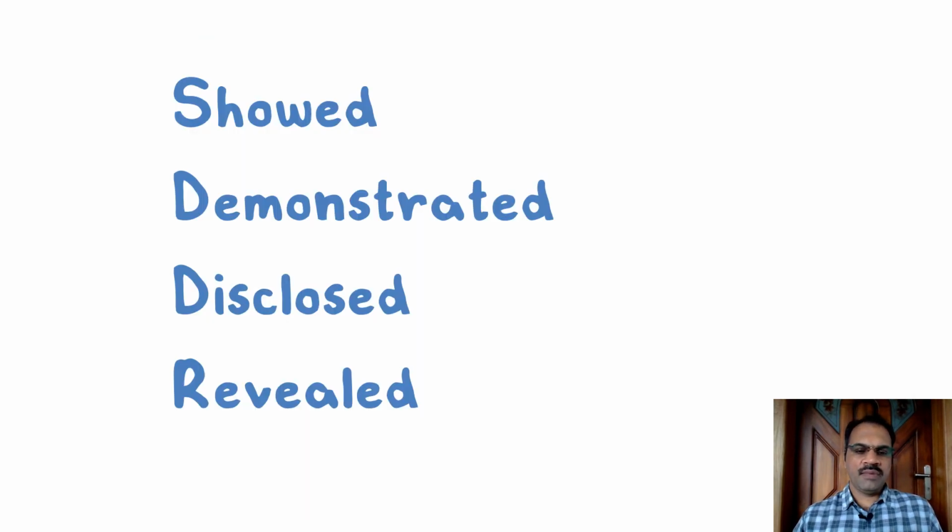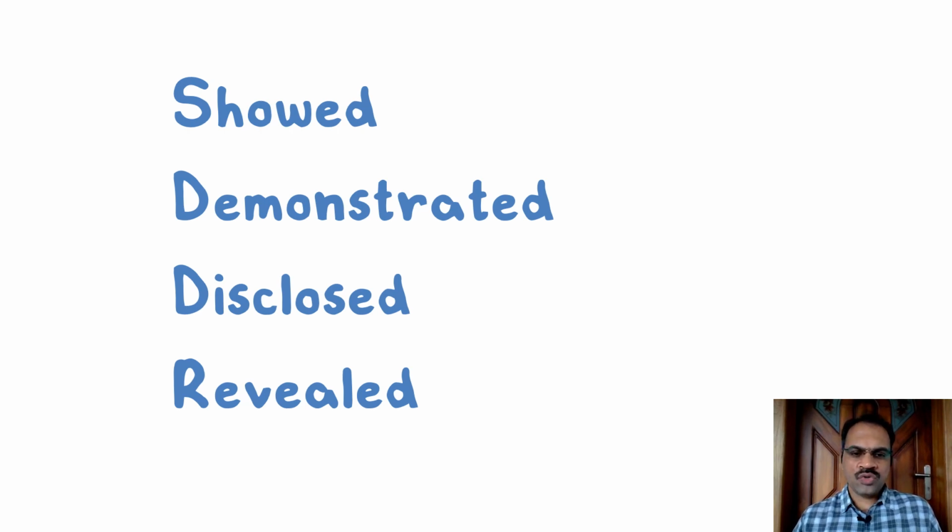Another example I would like to show you here: all these words are synonyms: showed, demonstrated, disclosed, revealed, and so on. But though they are synonyms, and a thesaurus may say that all of them have the same meaning, there is some subtle difference in their meanings that will be more clear to you when you place them in a sentence. So when you want to use any of these words in a sentence, give conscious thought to which of these words will best suit the occasion and use that one only. Don't use any one word simply for the sake of it.